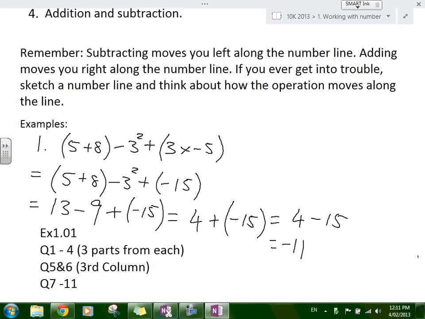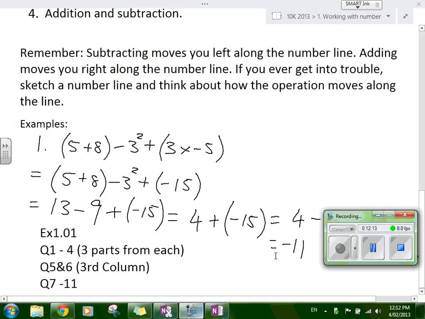Questions 1 to 4, do 3 parts from each. So what I mean by that, pick 3 parts out of A to whatever. So you could do A, D, and F or something, whatever you like. So from questions 1 to 4, do 3 parts from each. Questions 5 and 6, do the third column of questions. There's 3 columns, do the third column. And then 7 to 11, I would like you to do. Alright, so if you could quietly do that, that will